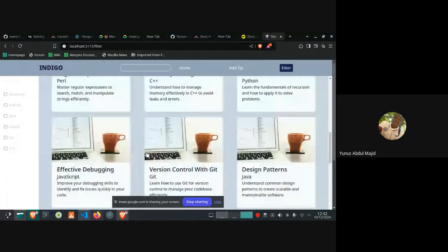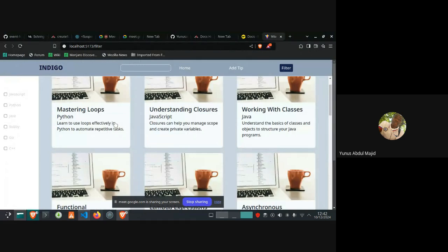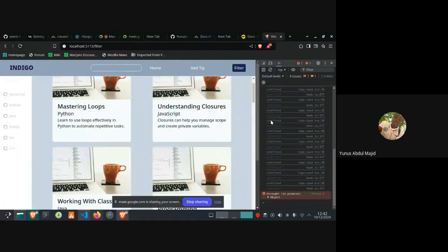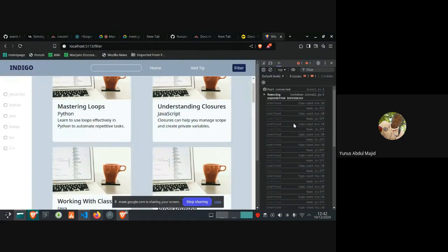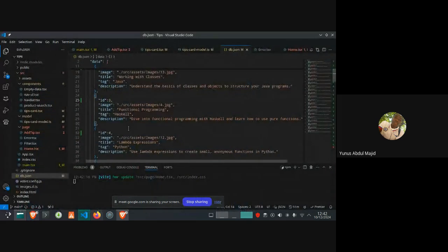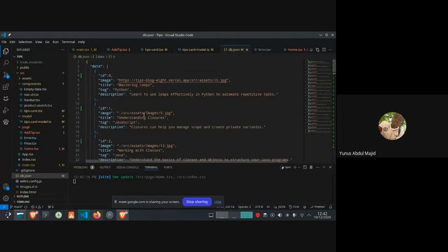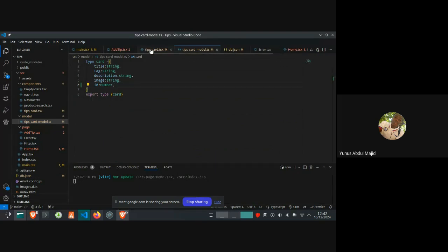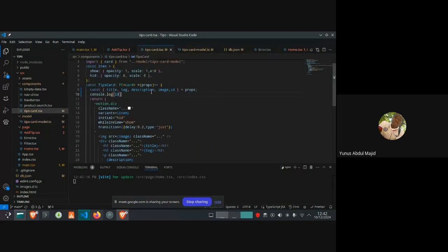So let's add the route. Let's take the console. Oh, our ID is showing undefined. Why is that? Props.